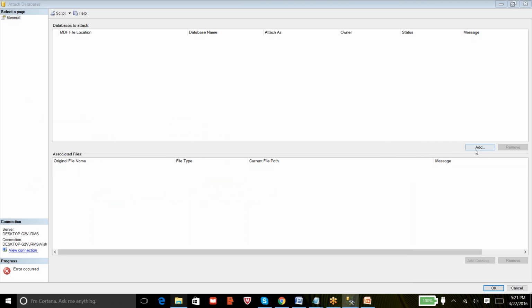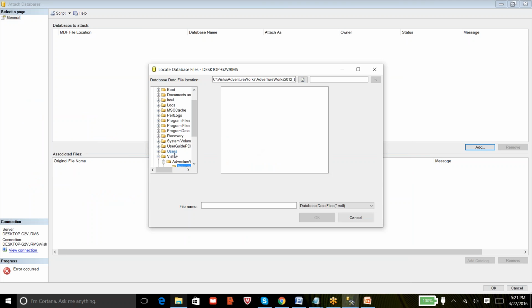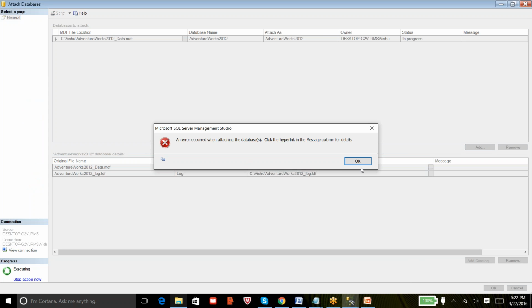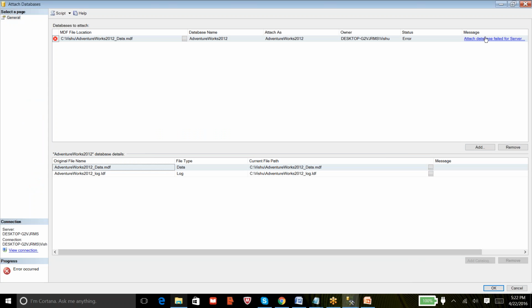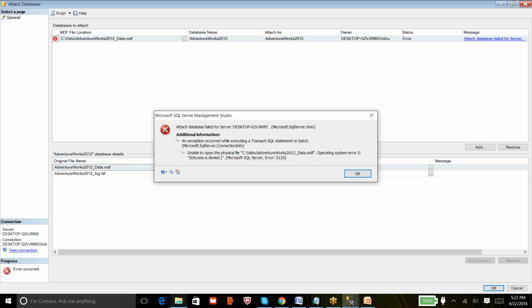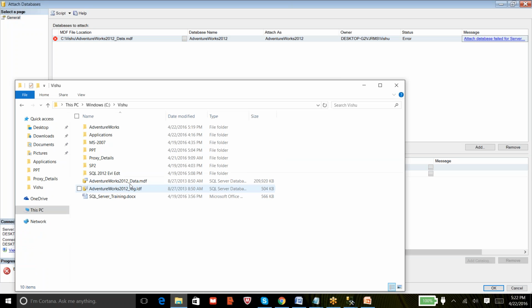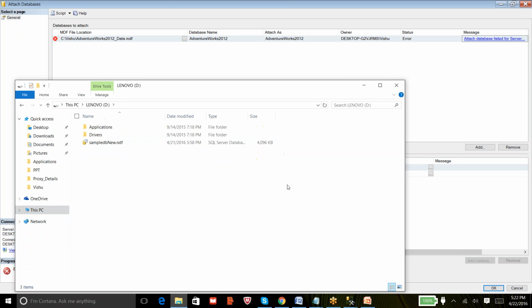I remove it, add the MDF file, and then click OK. No, it still says access denied. It should work, but I need to find out why. I do have full permissions on this folder.